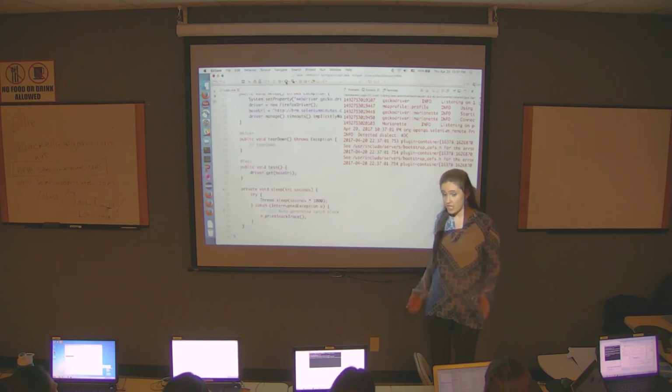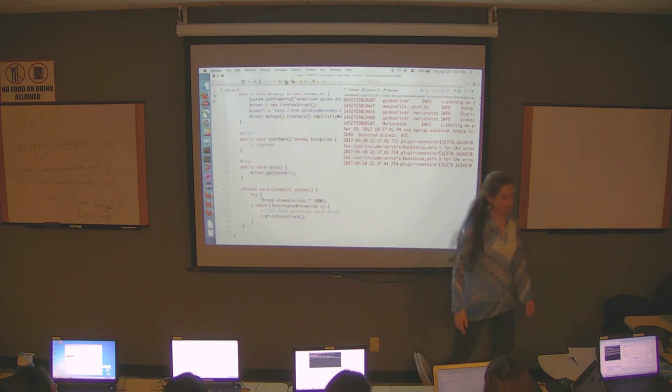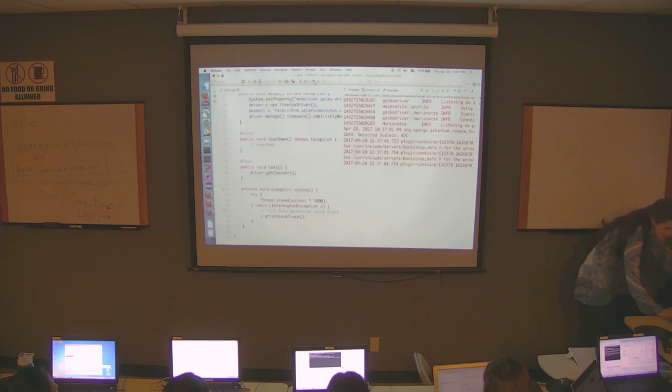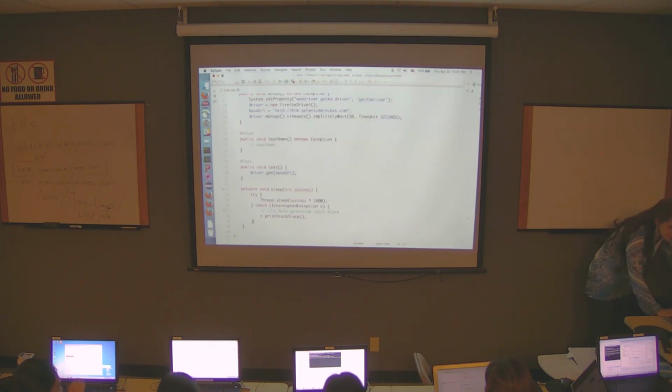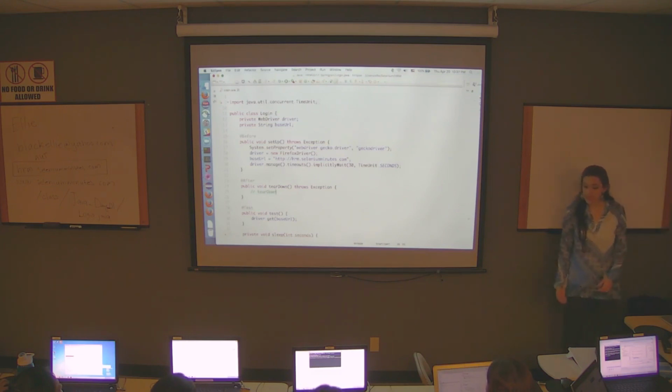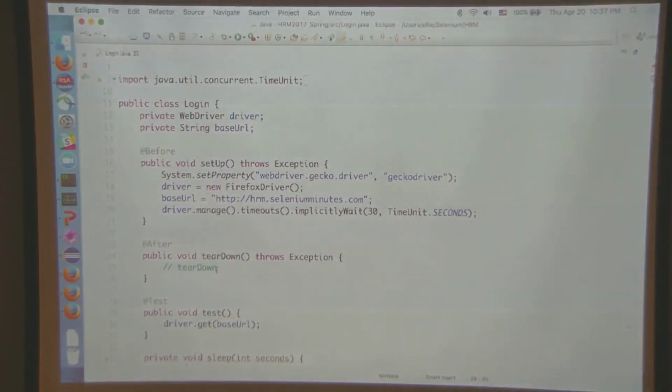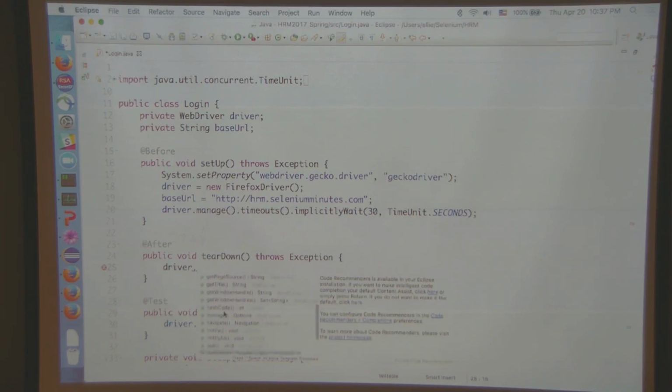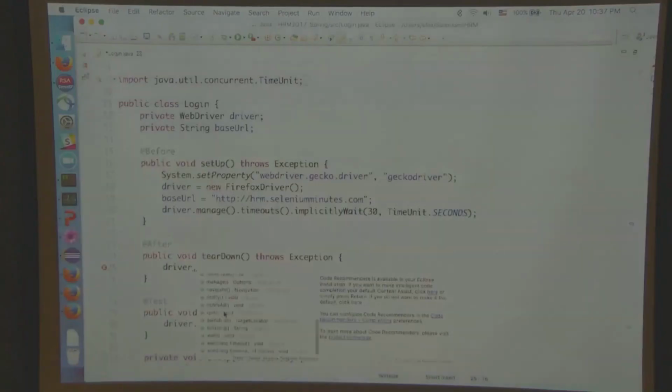So the final touch on the cake today, I was hoping we can do more, but I kind of overestimated our speed. The last thing to do today is to find that tear down function. You see where it says a comment? And to clean up. How do we clean up? Again, if in doubt, what are you going to say? Driver dot, right? So you're going to say driver dot, and then go ahead and scroll through all the options and find the one that you think should work. Quit. There's close and then there's quit.